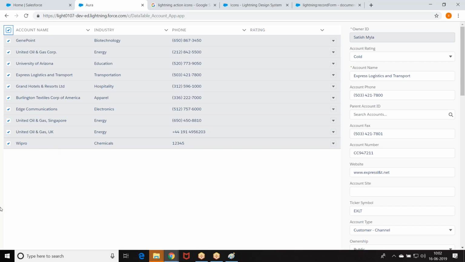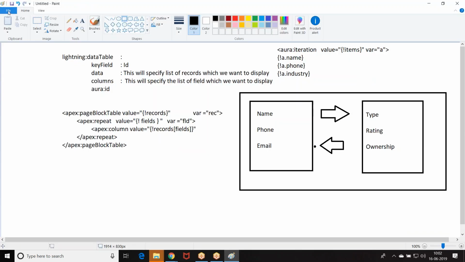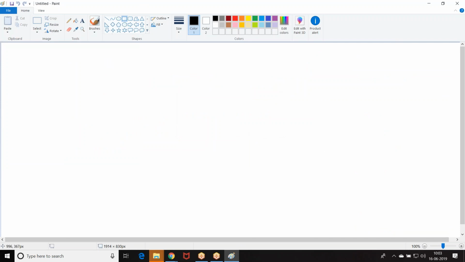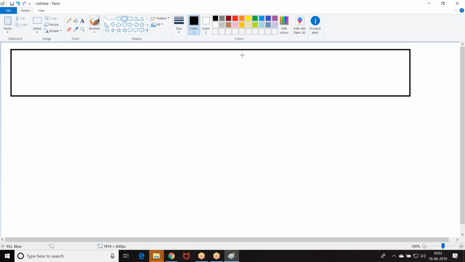Right. Now, let us move on. The point here is, in the last class we told one example. Here I need some pop-up window. I don't want the record to be displayed on the left hand side or right hand side component. I want the record to be displayed in the pop-up window. So what was yesterday's example? There's a header here, account data. I have a button called contact. When I click on the contact,